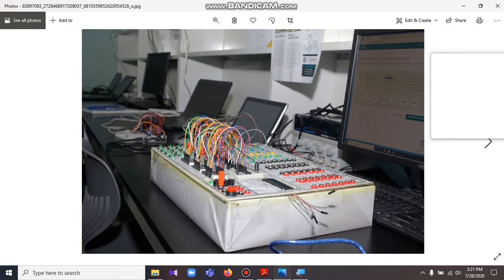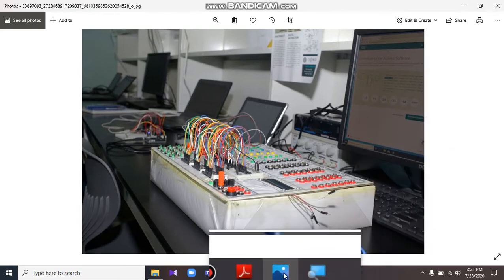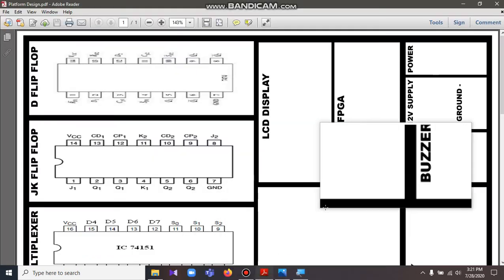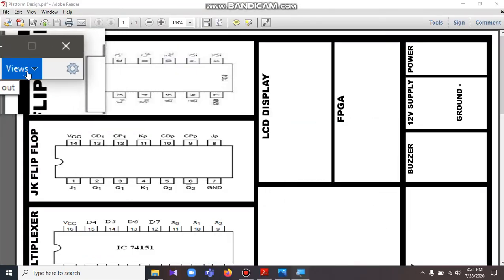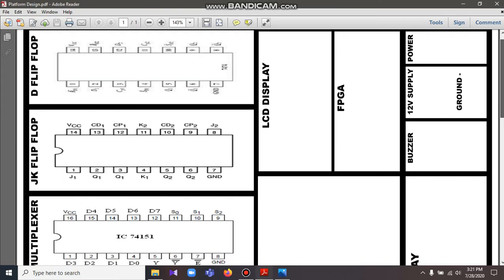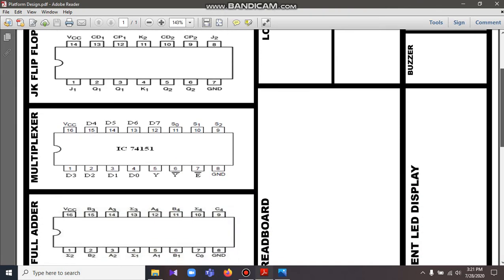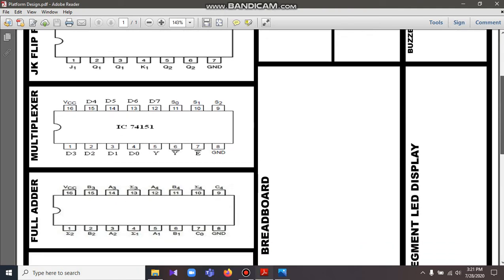So initially we started from designing the blueprint for this project, as you can see here. So this was basically the final design. Before that we had many other designs, but each of them had some sort of discrepancy, because of which we had to make some amendments and changes. Discrepancies such as proper placement of each element, efficient space usage, and the overall orientation.